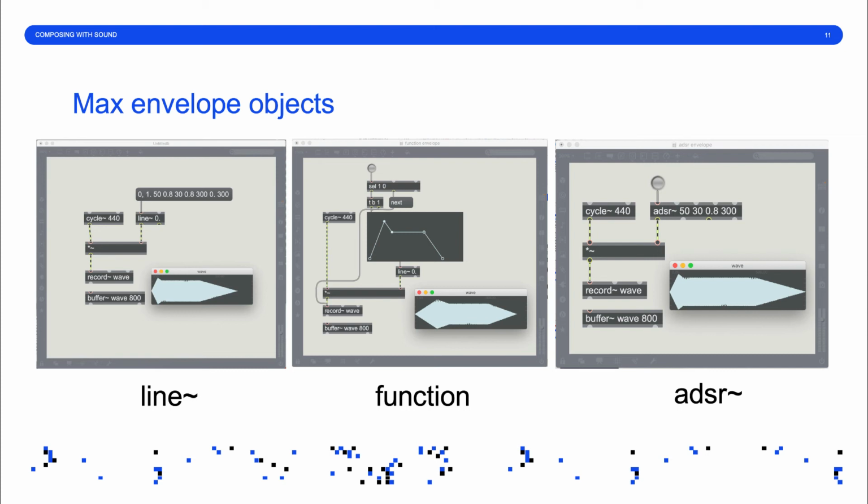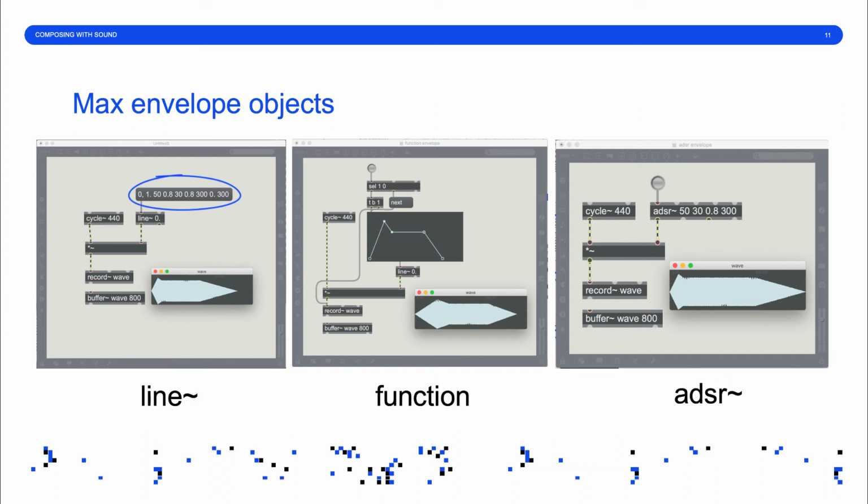So there are a number of different ways of achieving envelopes in Max. The first patch here shows the use of a line object. The message object here says start at 0 and then rise up to a maximum amplitude of 1 over 50 milliseconds, fall away to an amplitude of 0.8 over 30 milliseconds,